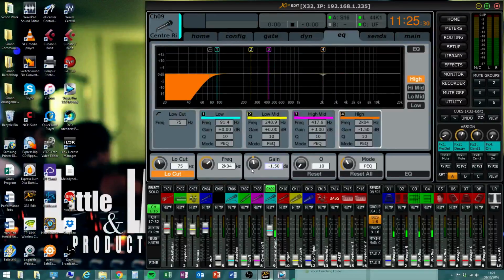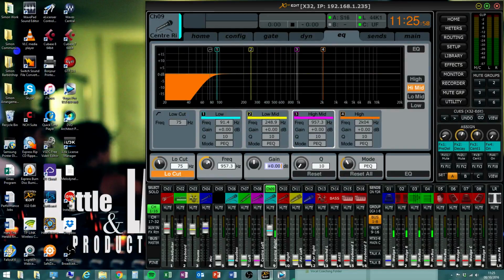Now with that, let's get to 0. If this is how you come to your EQ, there we go. So if I imagine that number 3 here, high mid, in my slightly higher vocal area, you can change the frequency of this. It depends what singer you've got. If in my higher frequency area,